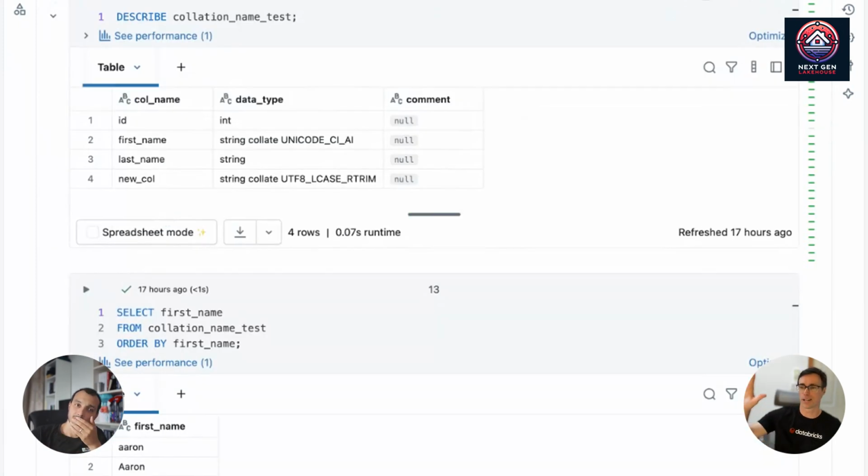Okay, so let's go back to our table where I've added specific collations. I can do a describe. Now I can see that I have different collations for different columns. Previously, I loaded the data that we looked at previously already in